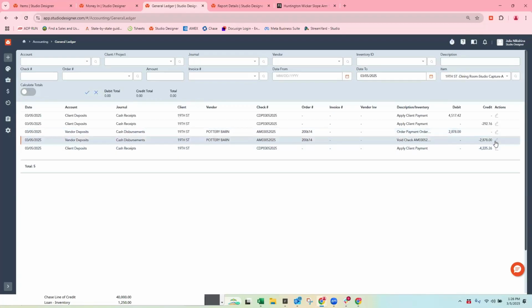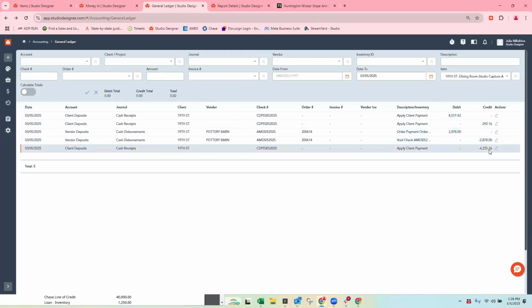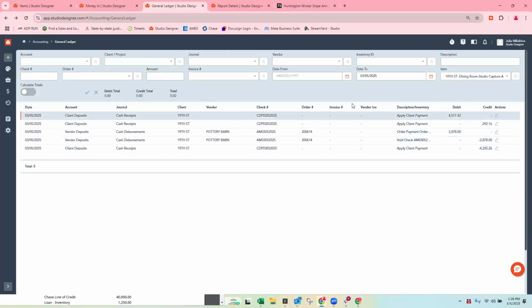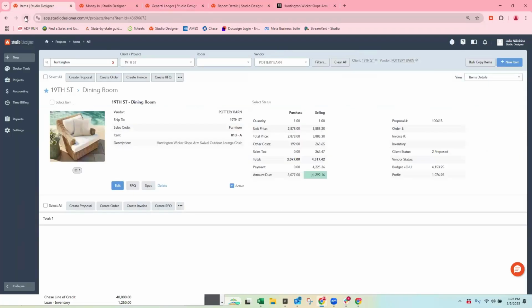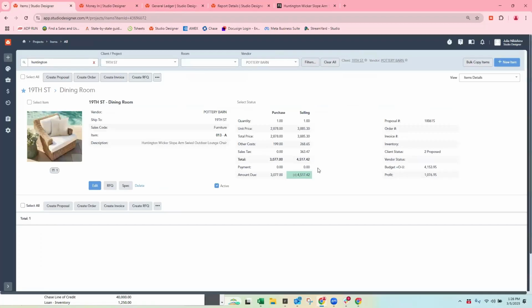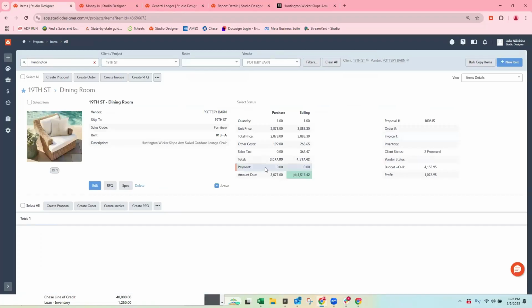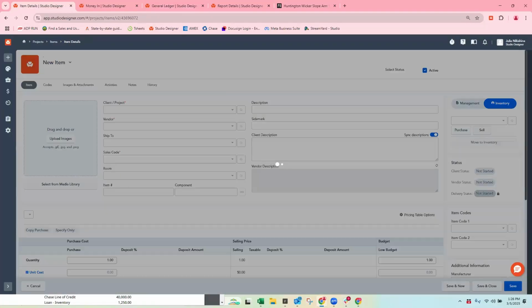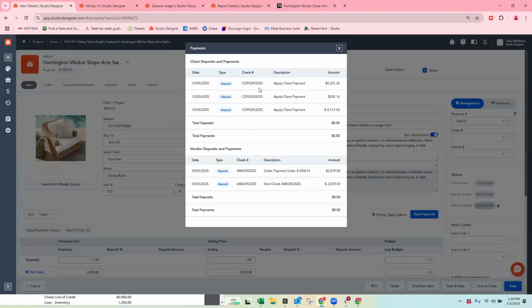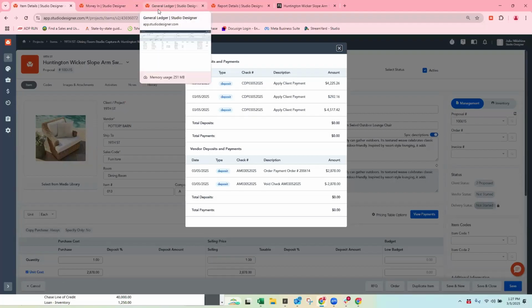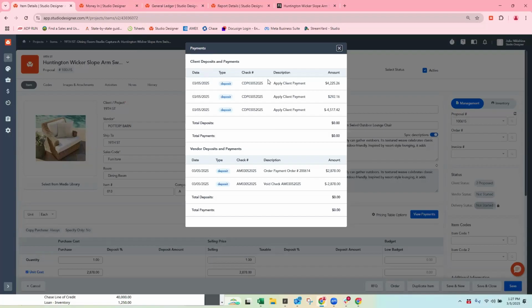So, right, it showed us the void on the vendor deposit. It showed us the out, and the in on the client deposit side. And so now if you go back into your item screen and refresh, we do actually have to put the money back. These are now zeros, right? But if you go into edit and you go into view payments, all of your activity is here as well. So not only is it on that report for payment application on the client side, if you go into view payments, you'll always be able to see any of the ins and outs on both client and vendor.